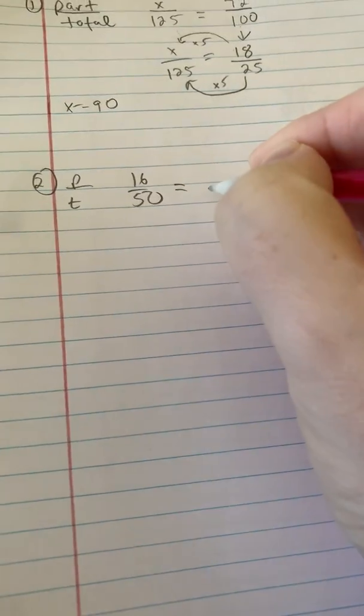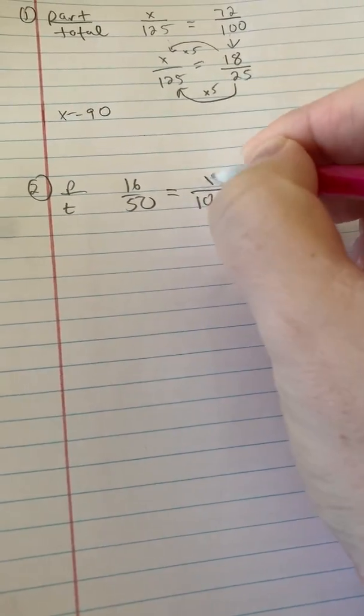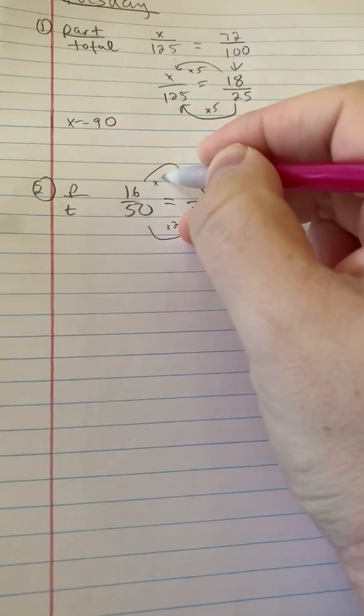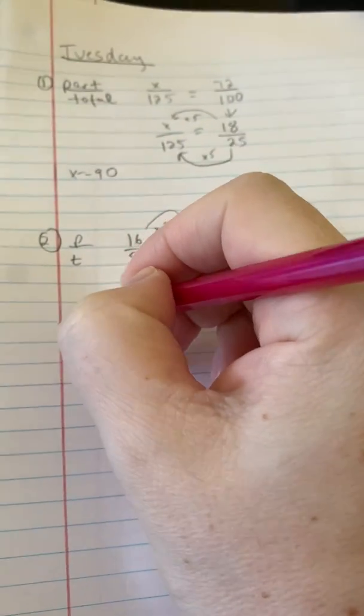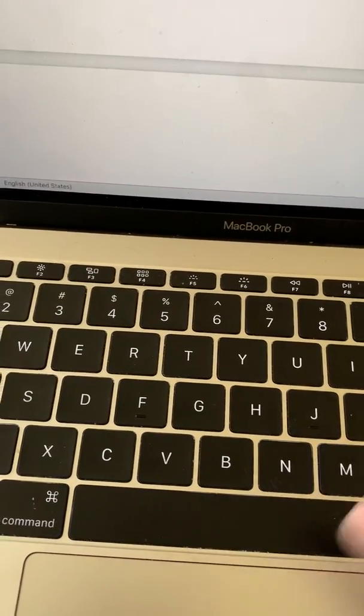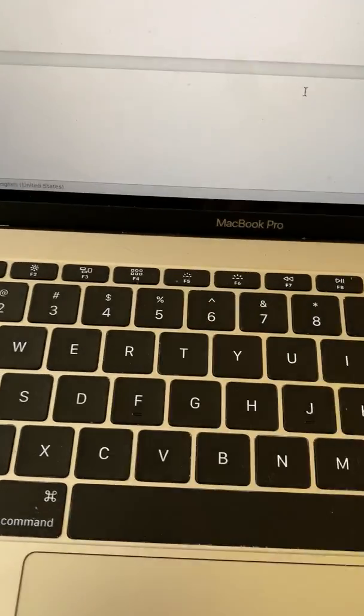So when I set up my problem for number 2, I then know part over total, well, it's 16 over 50, and for my second ratio, I know that all percents are out of 100, so I'm trying to figure out what is the percent out of 100. 50 times 2 gives me 100, so 16 times 2 is going to give me X. X equals 32,